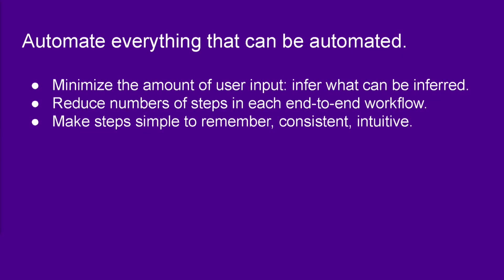Well, the first thing you should do is automate everything that can be automated, right? So reducing cognitive load is all about minimizing the number of user actions that are necessary to go from point A to point B. Essentially, figuring out what the user wants to achieve and then basically paving the road ahead of them, right? So essentially, minimizing the amount of user actions, minimizing the amount of user input.